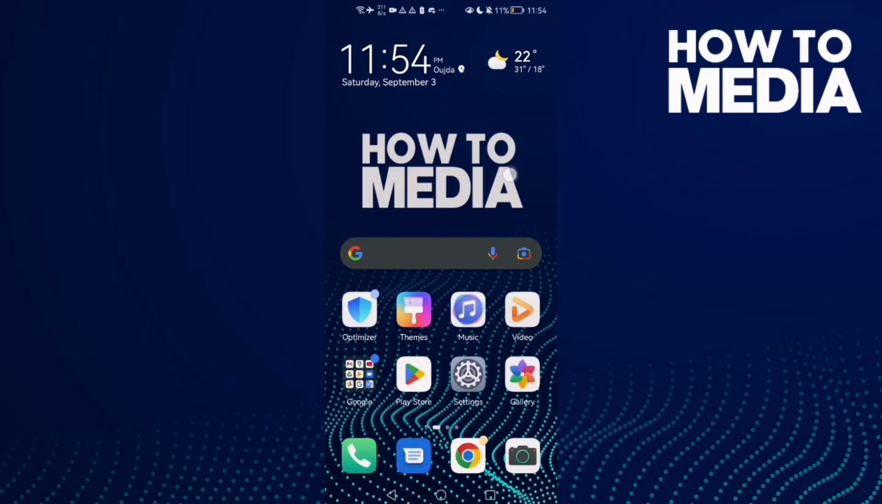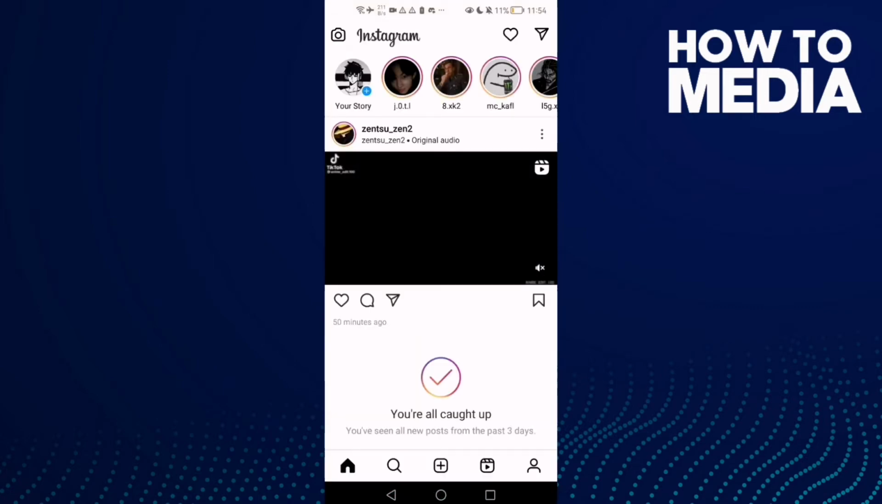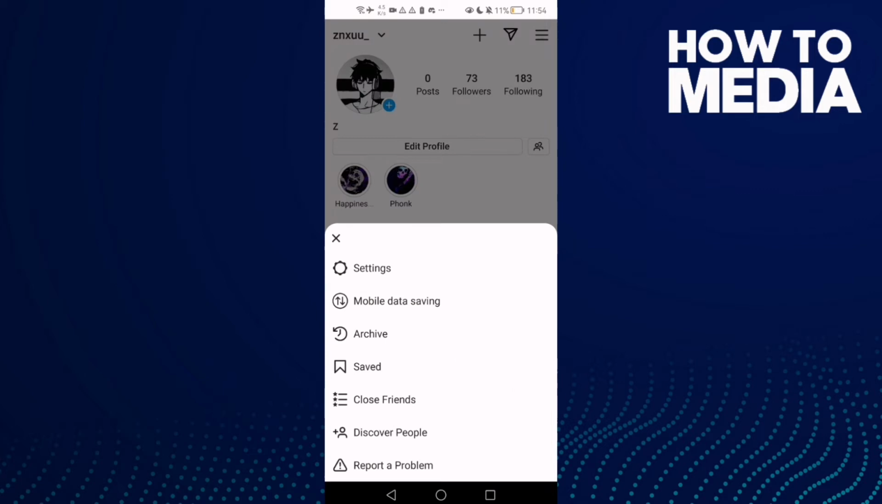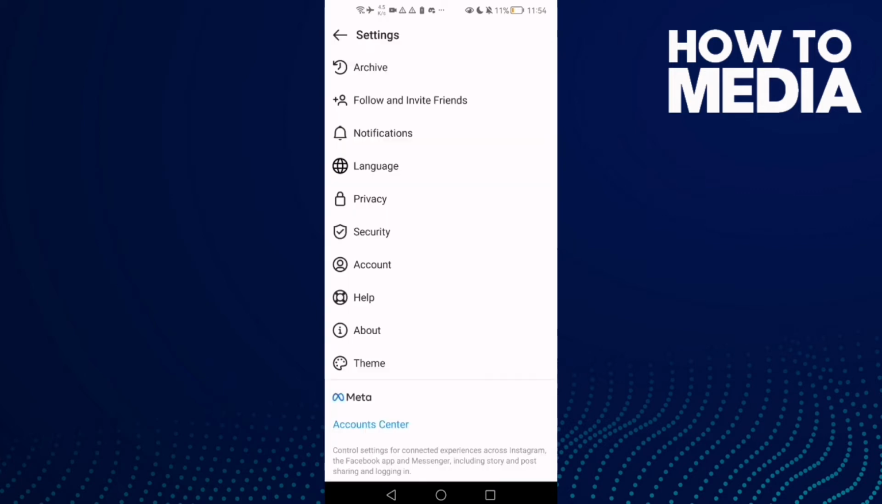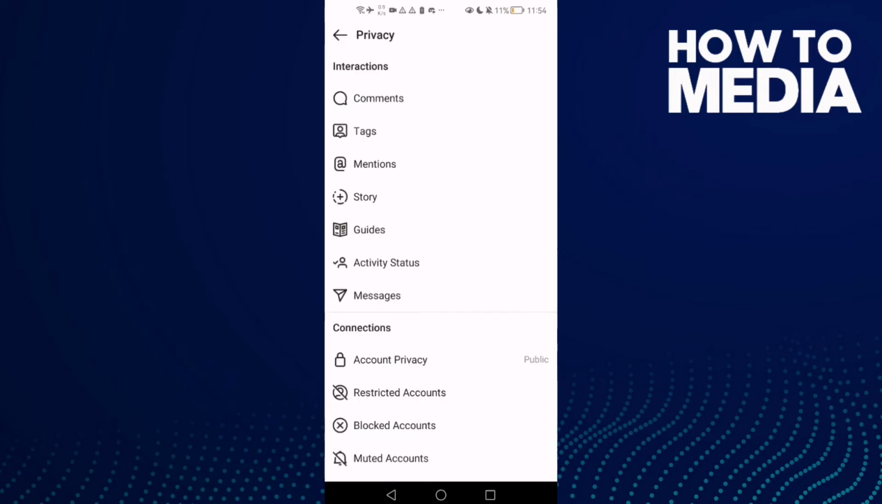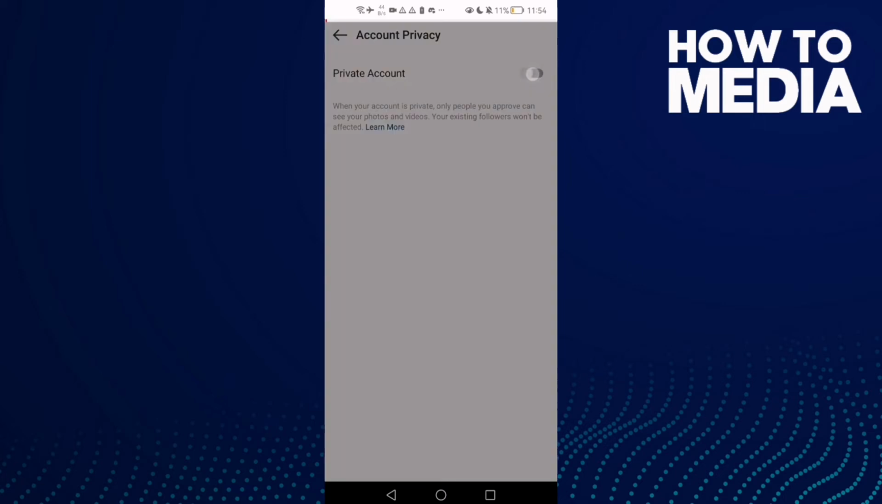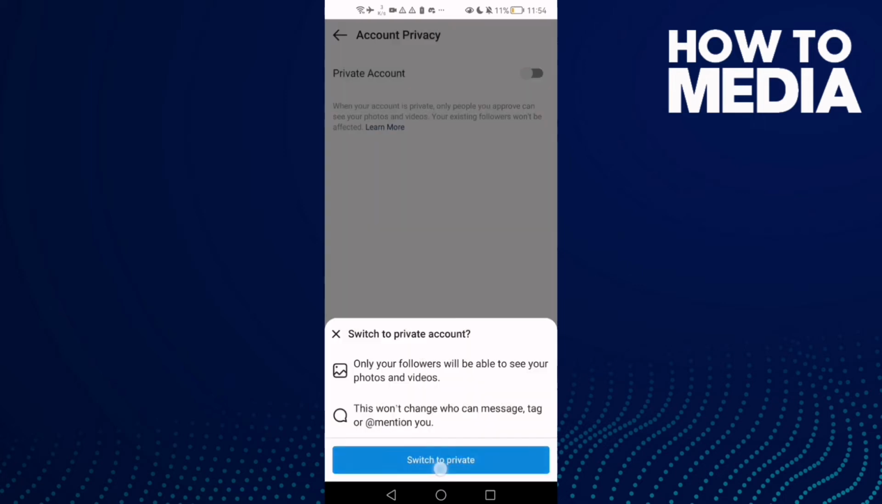First, open Instagram Lite and click on your profile, then click the three lines in the top corner. Here you will find settings, then click privacy, and here you will find this one, account privacy. Click on it, and if you want to make it private, all you need to do is just enable it and then click switch to private